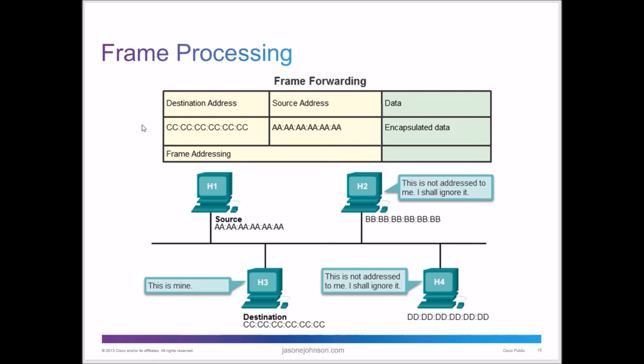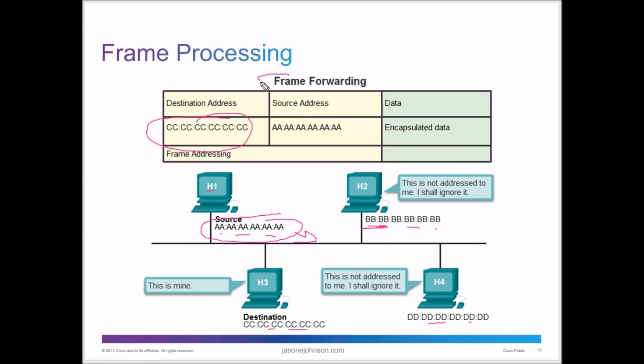Now, when the frame is processed, when we do frame forwarding with a MAC address, let's say H1 computer is wanting to send a packet, and our source is going to be all A's here, and then our other sources over here are going to be all B's, C's, and D's. And so they know when they send, so if the source is all A's and the destination is all C's, when it sends out on the network, B says, okay, well, I'm B, so I don't need C, so I'm going to ignore it. I'm going to see that first frame.